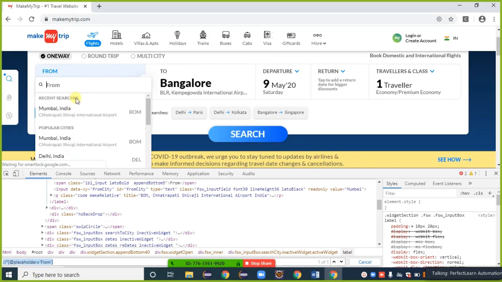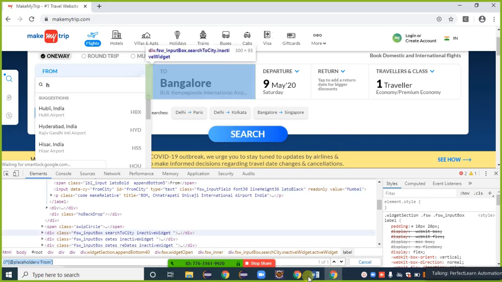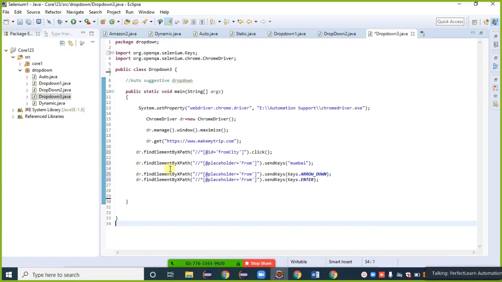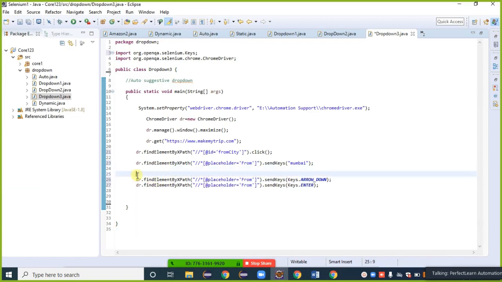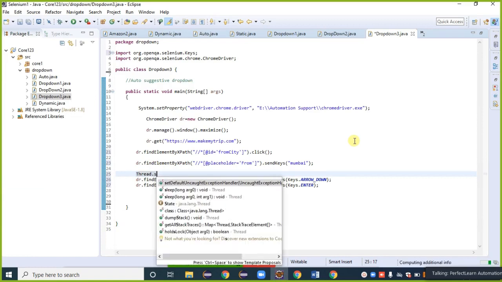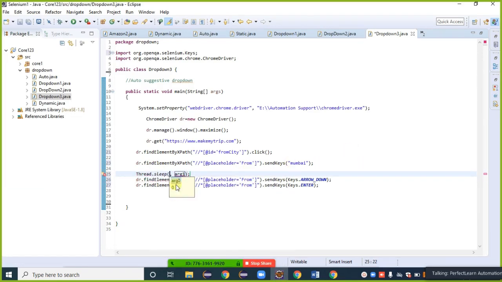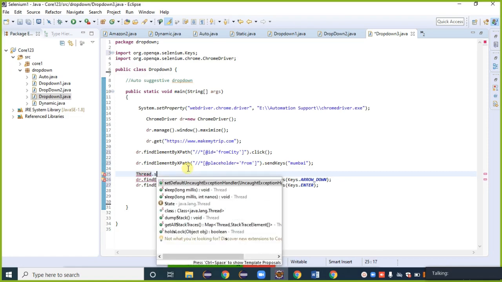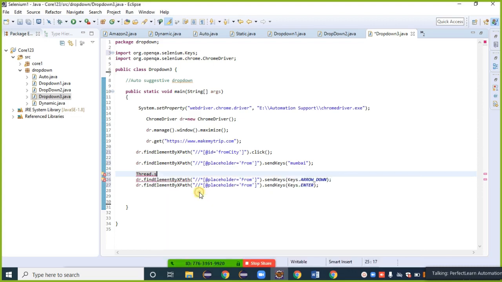When I provide another thing here, it again takes some fraction of time. So here we need to provide some synchronization. I am going with a Java command, that is Thread dot sleep. It is in milliseconds, so here I am providing 5 seconds.